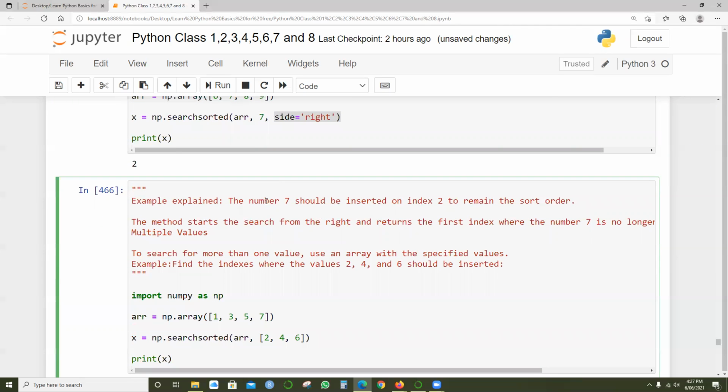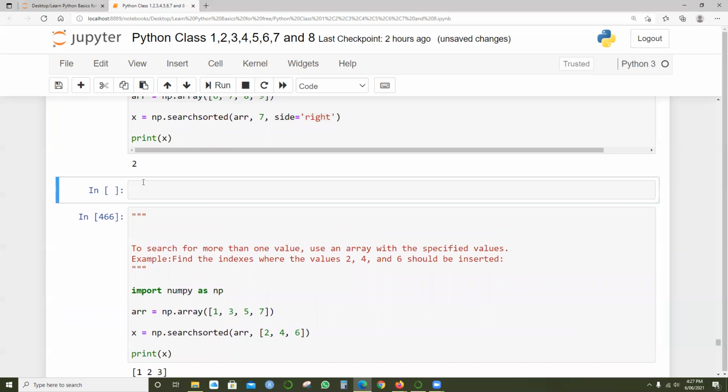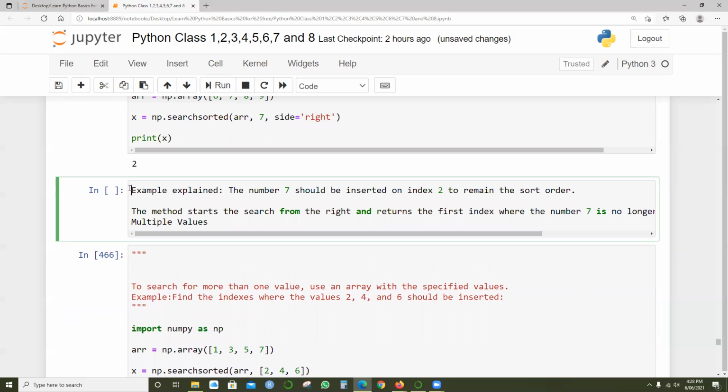Example explanation: the number 7 should be inserted in index 2 to remain in sort order. I will give these comments also underneath this, as we're giving the example.